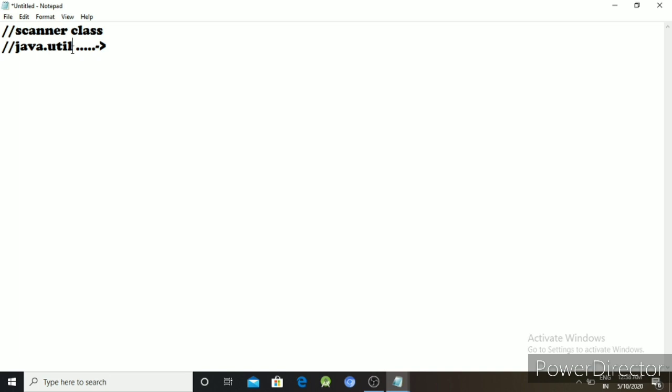It provides many methods to read and parse various primitive values, which we will see in the Scanner class list.